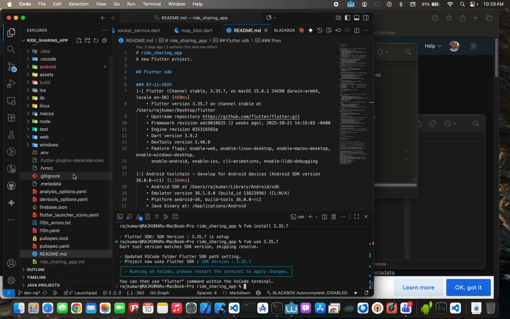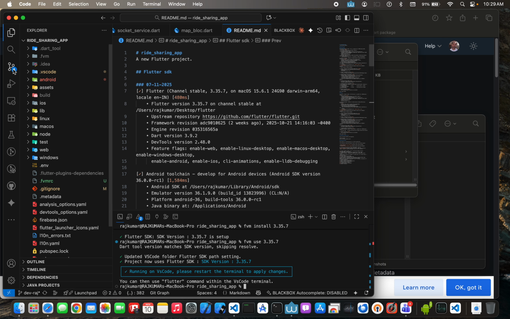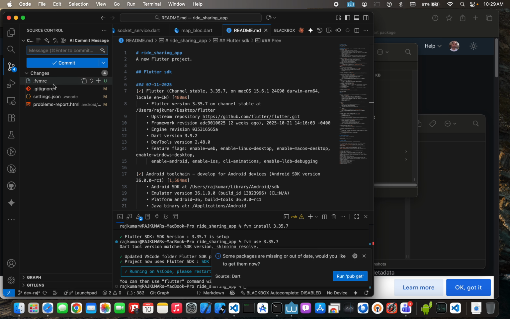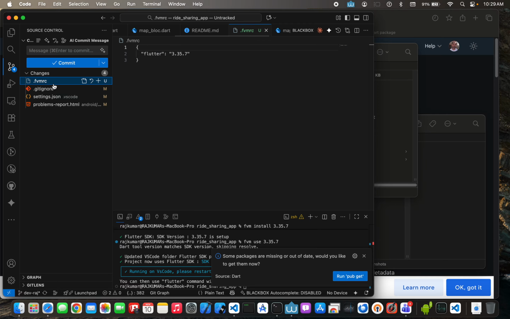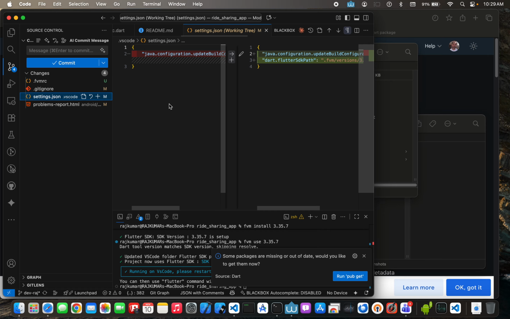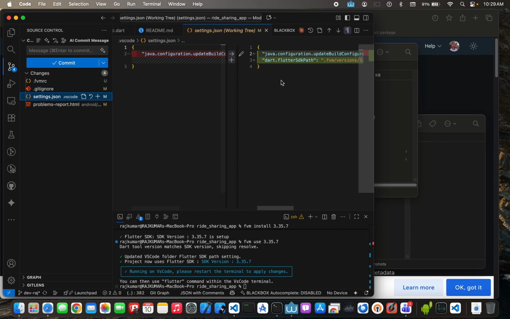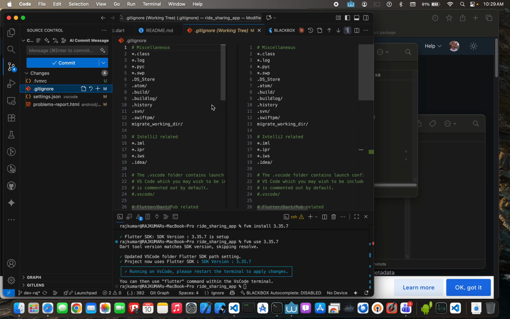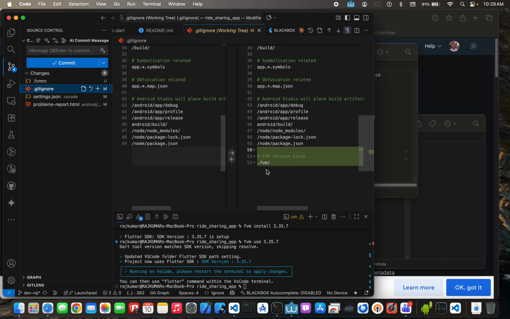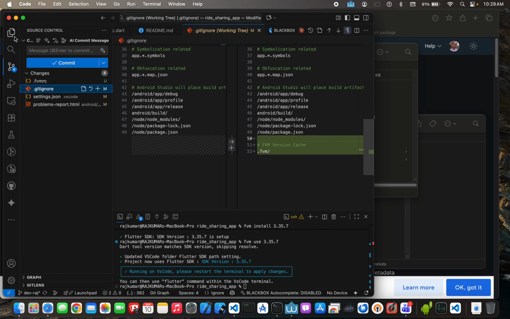Okay, now it's using. So I can see it is automatically using Flutter SDK path 3.35.7. Okay, it's also added in git ignore so that